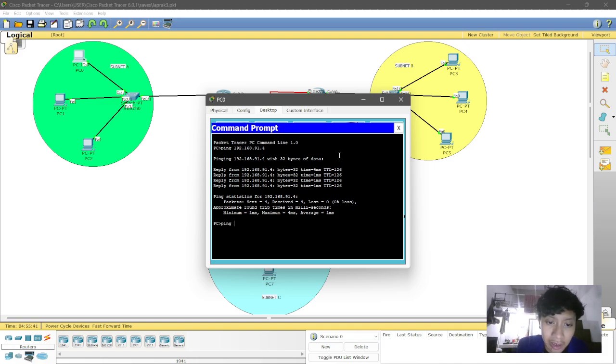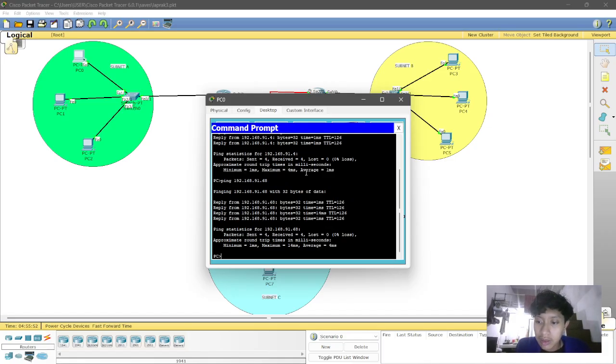I already tried to ping to the other, and I will try it again. Okay, it shows that it's a successful ping. The results indicate that VLSM calculation, IP configuration, and static routing have been implemented correctly.